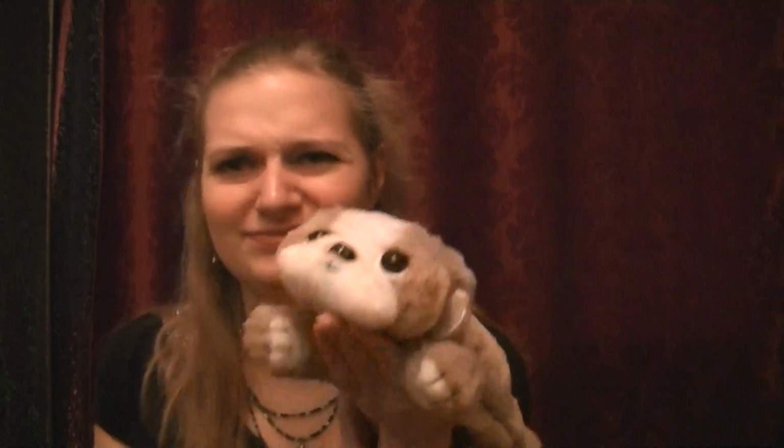I got him at Emporium that has now gone out of business. I think I got him for like 75% off at the time because I was really, who wasn't into the Beanie Baby craze, guys? A lot of these things I'm going to show you next are Beanie Babies, so be prepared. This one was given to me by,